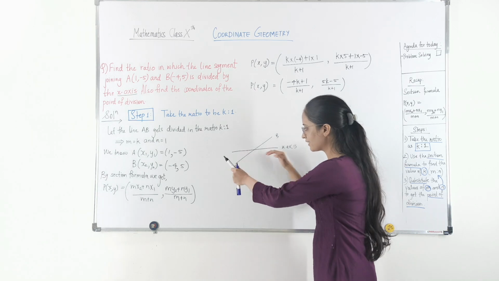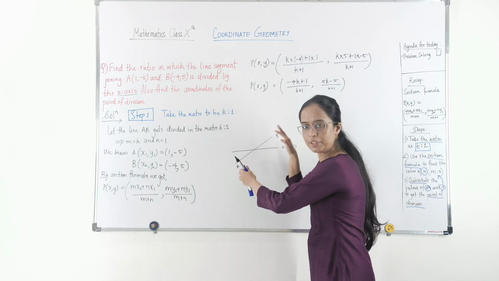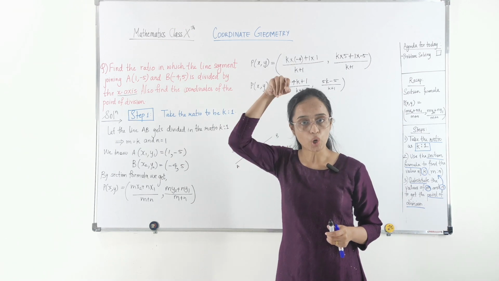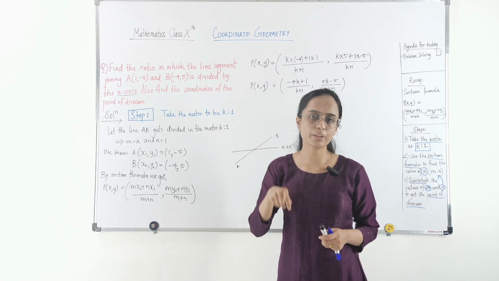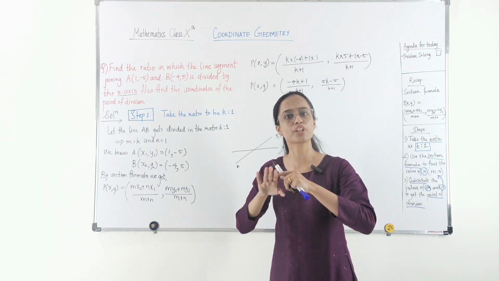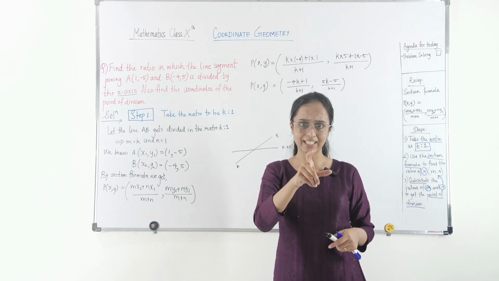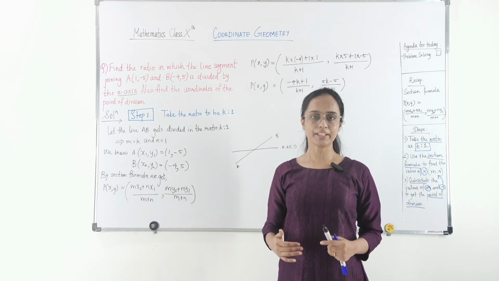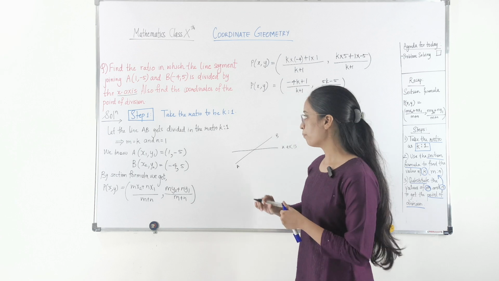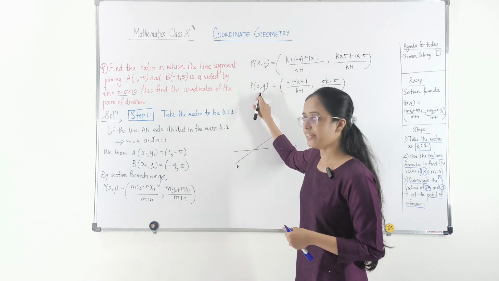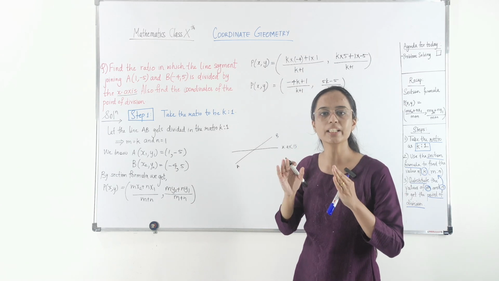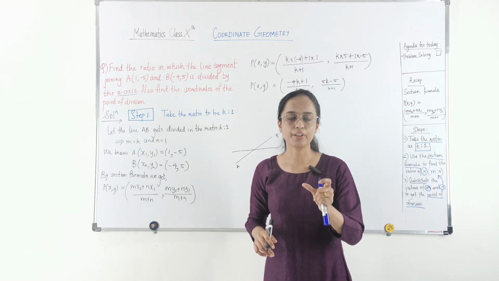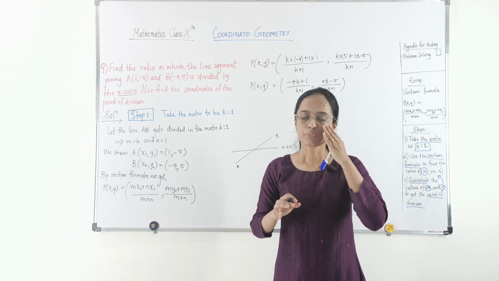So if the x-axis is dividing the line AB into two parts, it means that there is a point on the x-axis that is actually the point of division, because here they have clearly given that it is the x-axis that is dividing the line. So if the x-axis is dividing the line, the point of division which we intend to find is basically a point on the x-axis, and we all know any point on the x-axis,